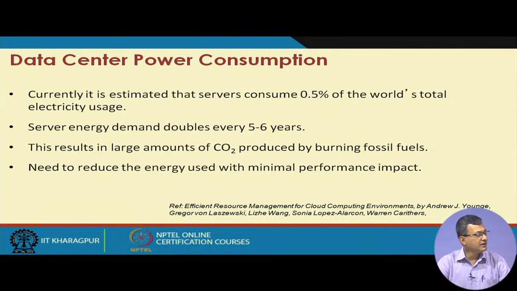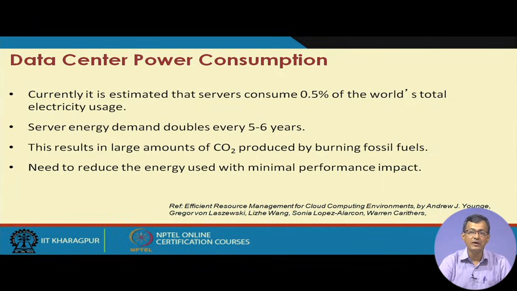Now, if we look at data center power consumption. What we are referring to is an ISP or a CSP, a cloud service provider. They have data centers, right, like major providers such as IBM, Google, Yahoo, Microsoft, Amazon and so forth. They have huge data centers across the world, as we have seen. These resources are outsourced from the data centers, to be more specific.